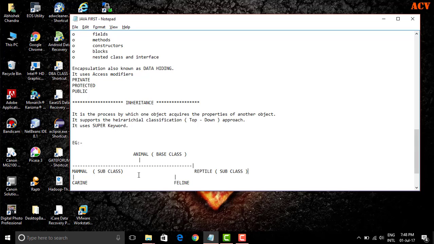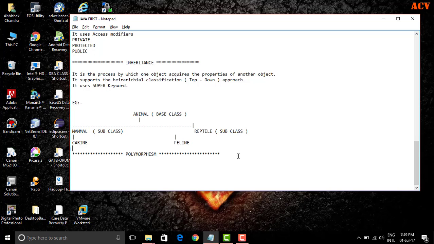So I just want to fetch all the properties of the animal without writing the same code again for the particular mammal class. I don't want to rewrite all the properties which have been written before in the animal class. So I just want to fetch all the properties of the animal class by using inheritance, a property of object oriented programming. We can fetch all the properties of the animal class into the mammal class using the super keyword, right? Understand? Okay, we will do the exercises